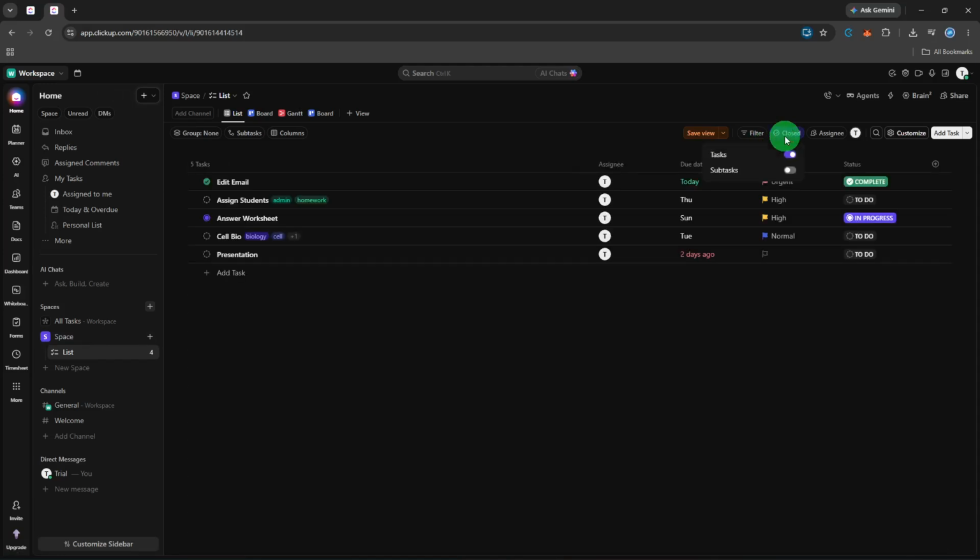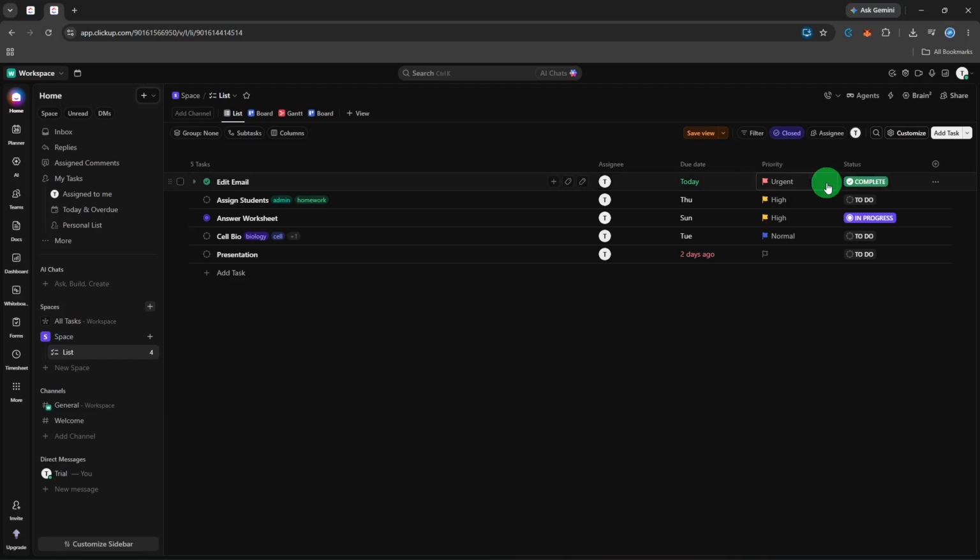Inside that panel, you are looking for a toggle related to closed or completed tasks. The exact label may vary slightly depending on how your workspace administrator has named your statuses, but it will be clearly grouped with other visibility controls. Enable it, and within a second or two, the completed tasks will populate right alongside your active ones, visually distinguishable by their status label. This toggle is the fastest way to get a quick glance at finished work, without permanently